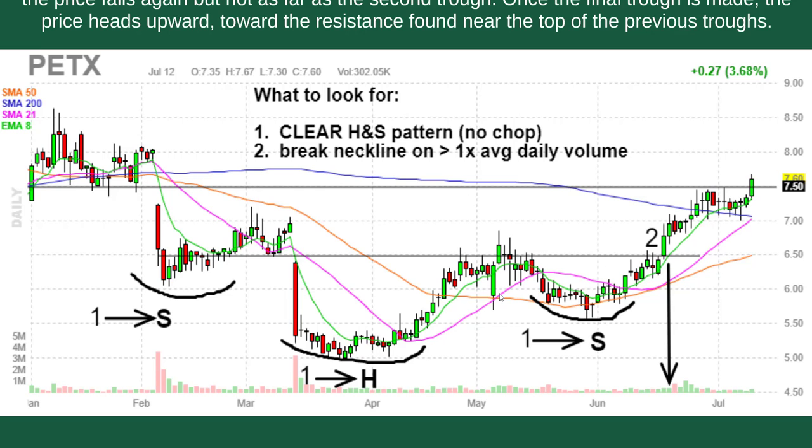And when I entered this, I had no intentions of a measured move to be filled to completion. And a measured move is some. Michelle's a wizard at measured moves. I'm still learning them and how to interpret them. But as far as me, I just put my neckline at 650. And when I saw that break with greater than 1 times average daily volume, I added to that position for, I think it was my final scale. But you can see,